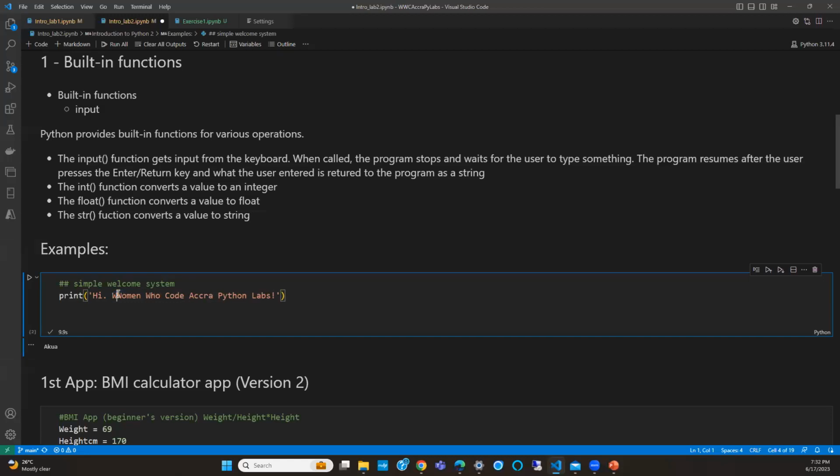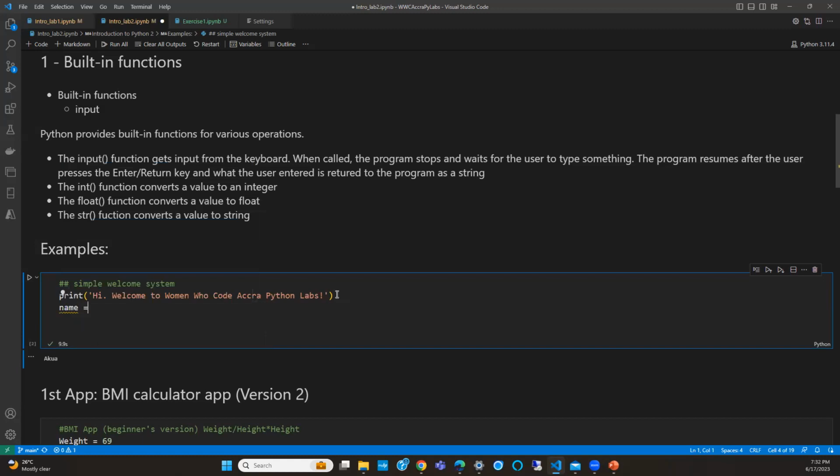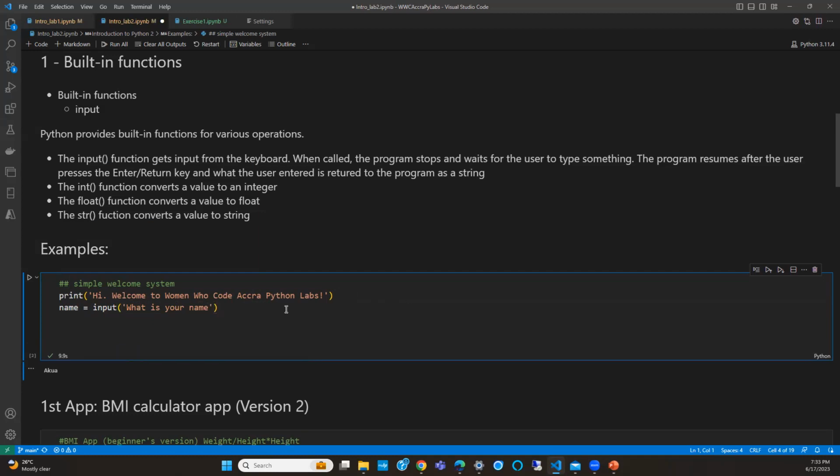So let's see. Welcome to Women Who Code Python Labs, right? So, and then we'll go into getting a person's name. So say input, right? So just using that input, what is your name? Okay. Then finally, we would print.